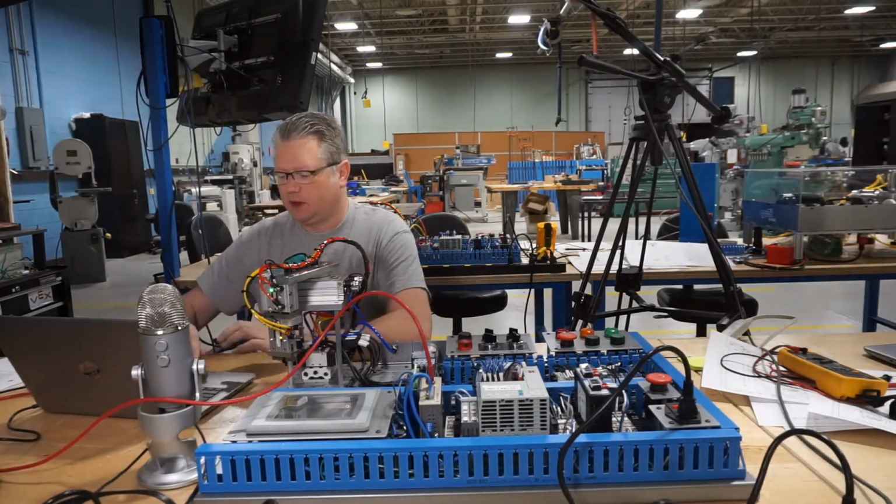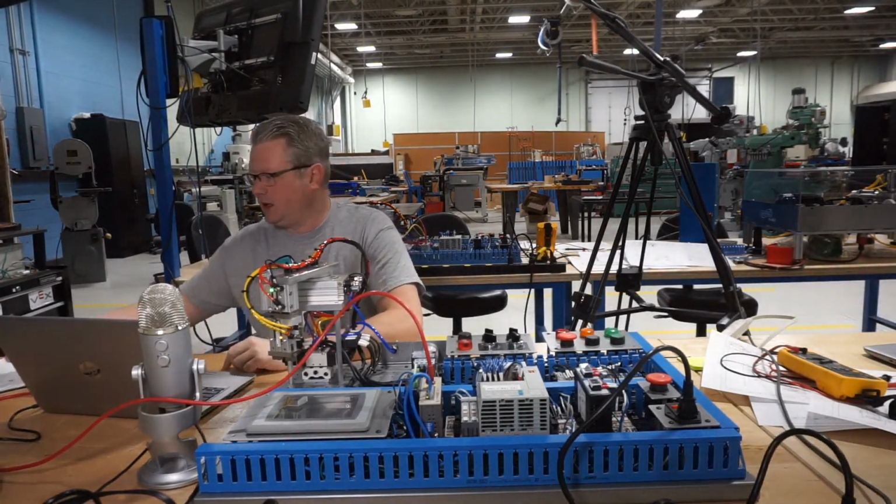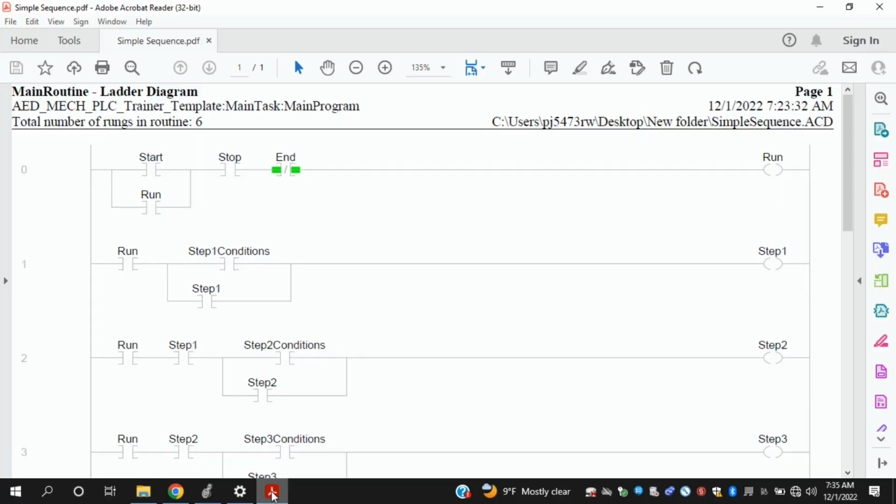create this program using the supplied PDF file that shows these bits. They're all Boolean types. So that'd be your first part of the exercise, is creating all the tags. They can be local tags. Once the tags have been created, create this logic and then download it to the PLC. Experiment with it. So wrap your head around, what does it take to go from one sequence to the next sequence to the next. All right, when you're finished with that, demonstrate that you've got it done,